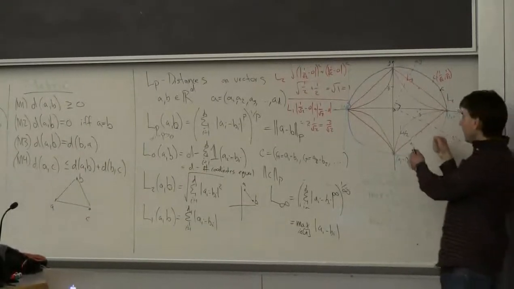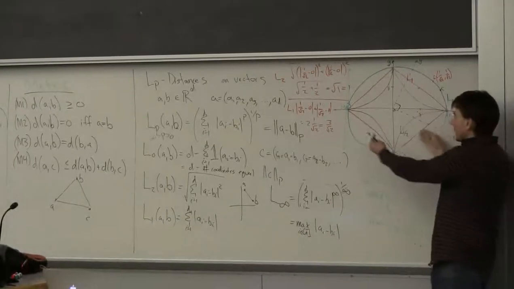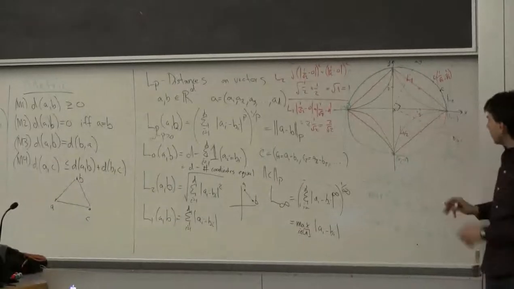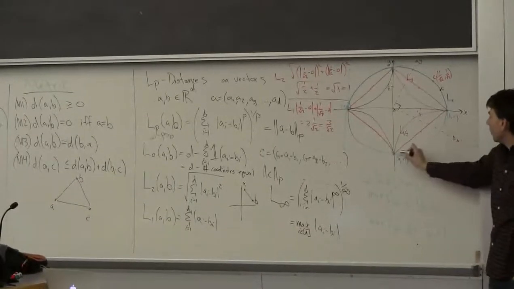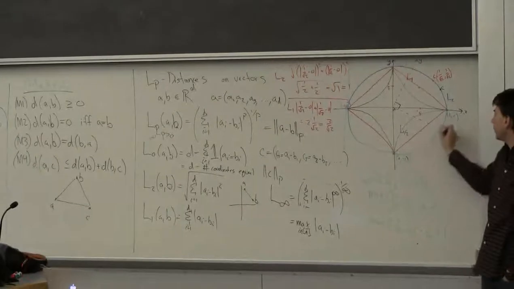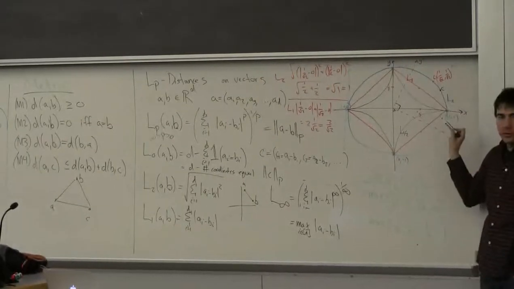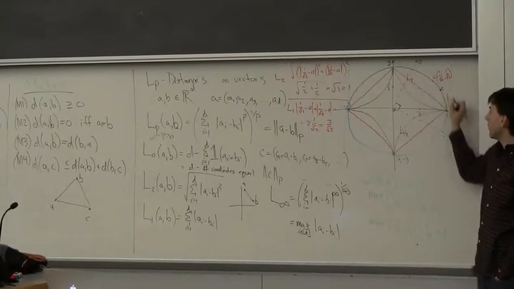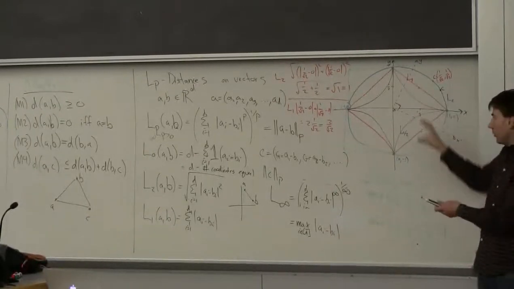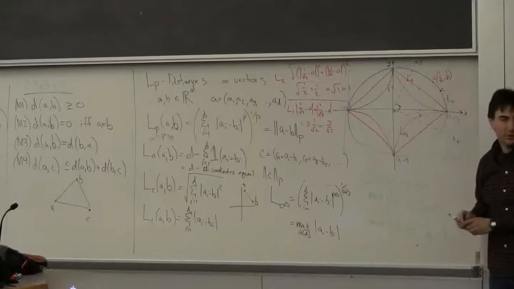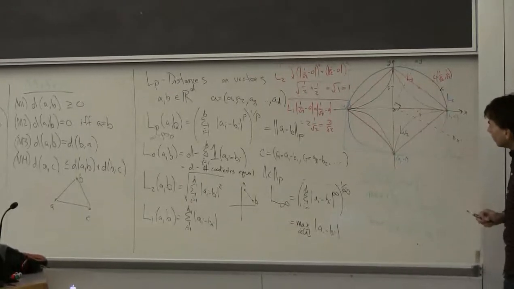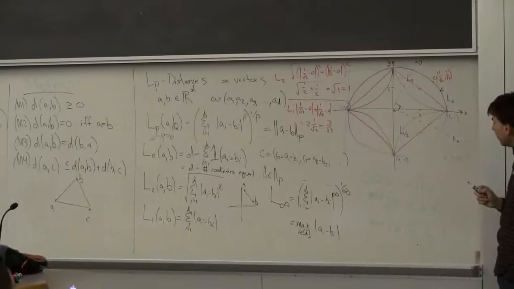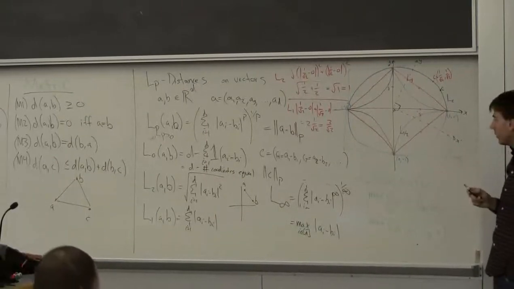And as p gets smaller and smaller, it gets closer and closer to the origin. It shrinks in. The same thing if I took the L 3/2, it would be in between L1 and L2. And if I took the L3, it would be in between L2 and L infinity. It would kind of be coming out here. There's this whole spectrum of these Lp distances. What's important to note, and we'll come back and use this property later in class, in one of the lectures